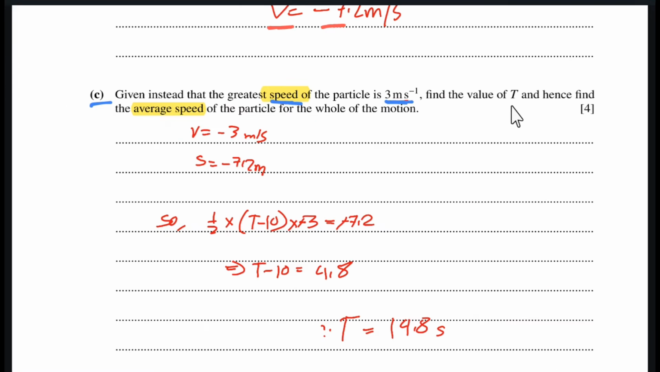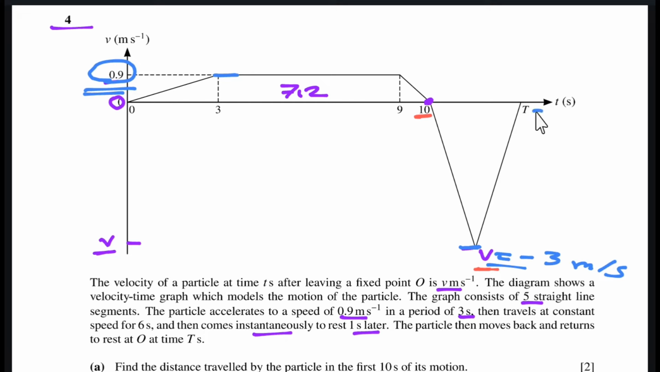So first of all we need to find the value of t, that is this value of t. We know that the displacement in this area is 7.2. So we know the displacement, and we know the speed. So we can actually use the area of the triangle again, that is the area under the velocity time graph,